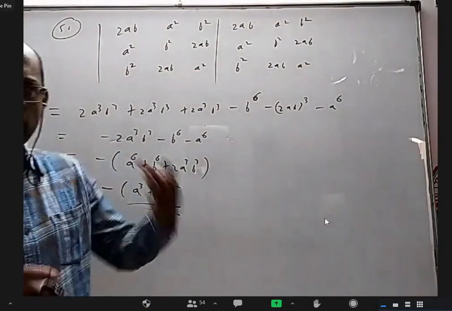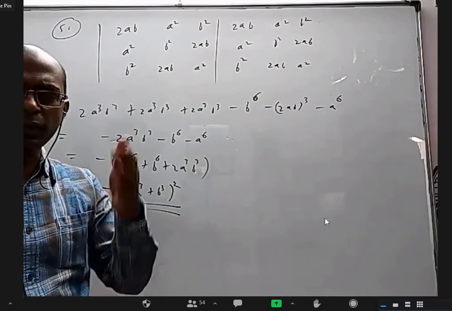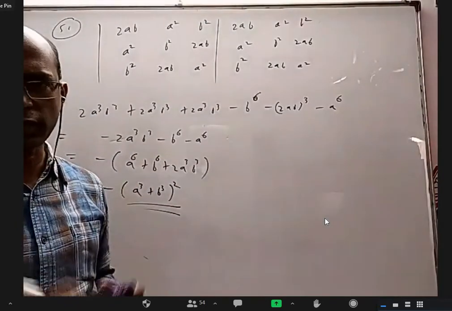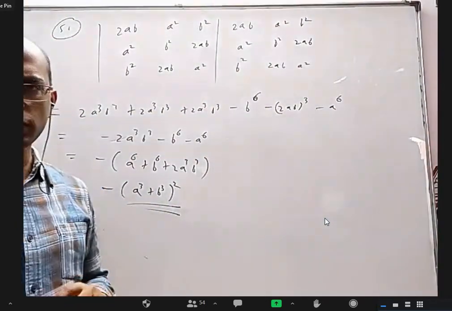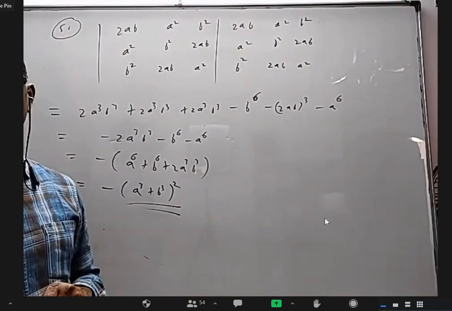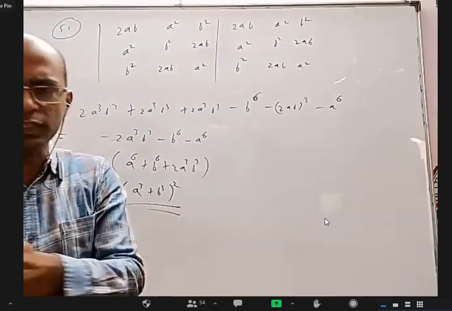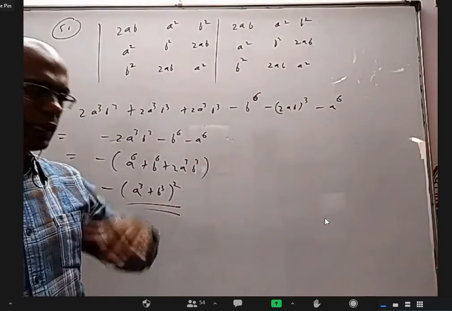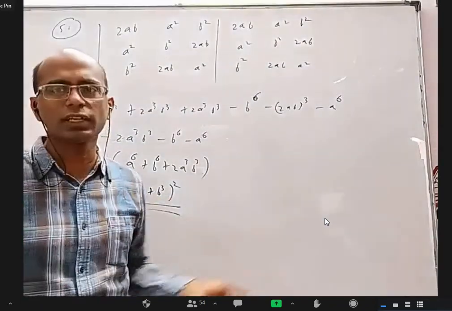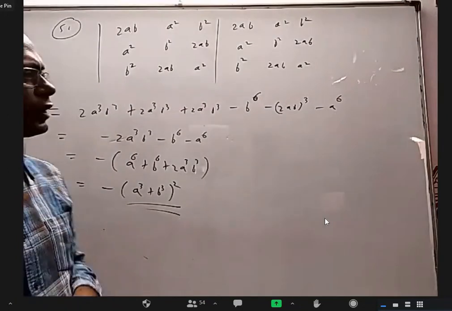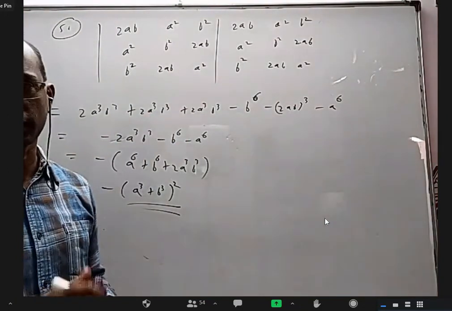But as I said, there are some questions where the solution appears decent only when you use properties. Like we had done some questions in the previous class, right? Especially when the RHS is a product of many things and you have to show this is equal to it, don't say I'll expand LHS fully, RHS fully, and they're equal. That doesn't appear decent. But for some questions directly expanding is better. Is it okay?